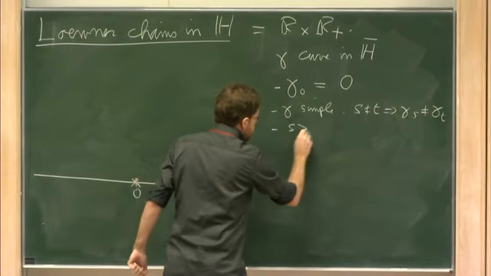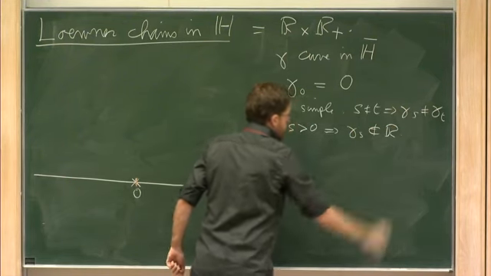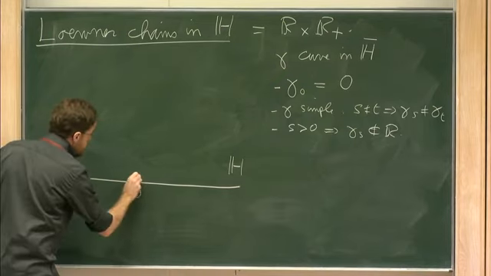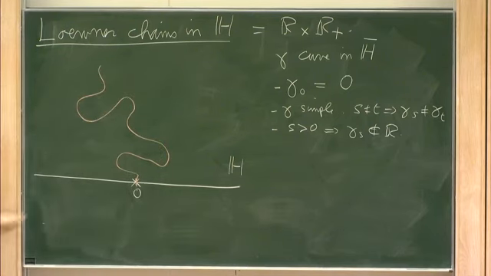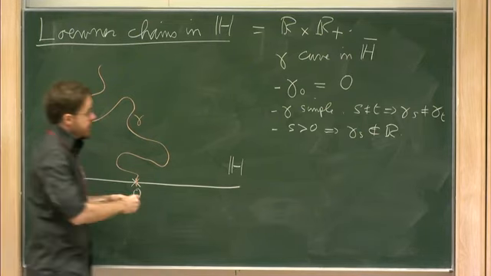So if S is positive, then gamma S is not a real number. So gamma looks like this. It goes into the complex plane and it does something like that. So typically this is the kind of interface that we would expect from the scaling limit of a discrete model in the upper half plane, except for this assumption here,